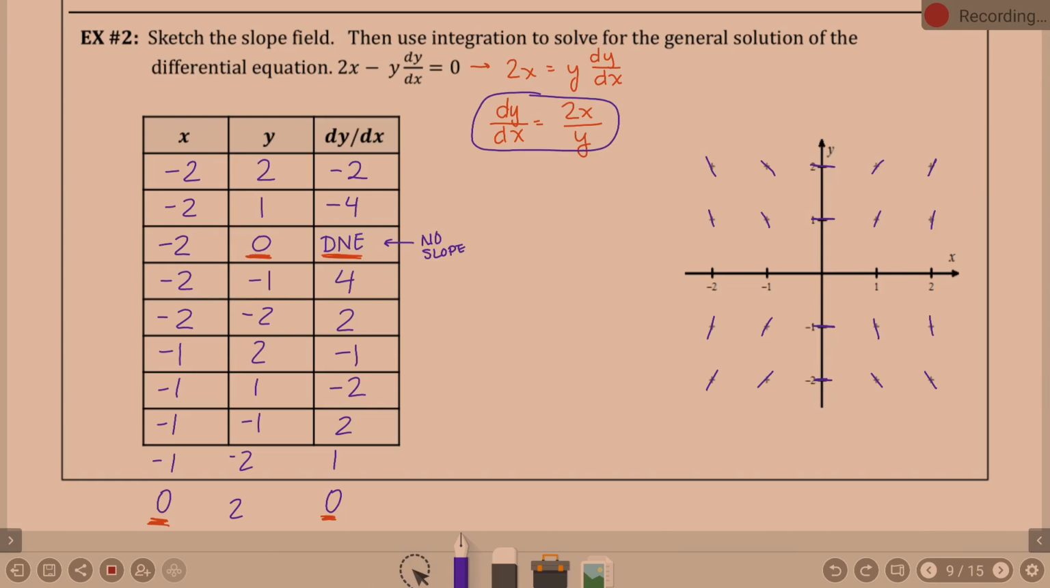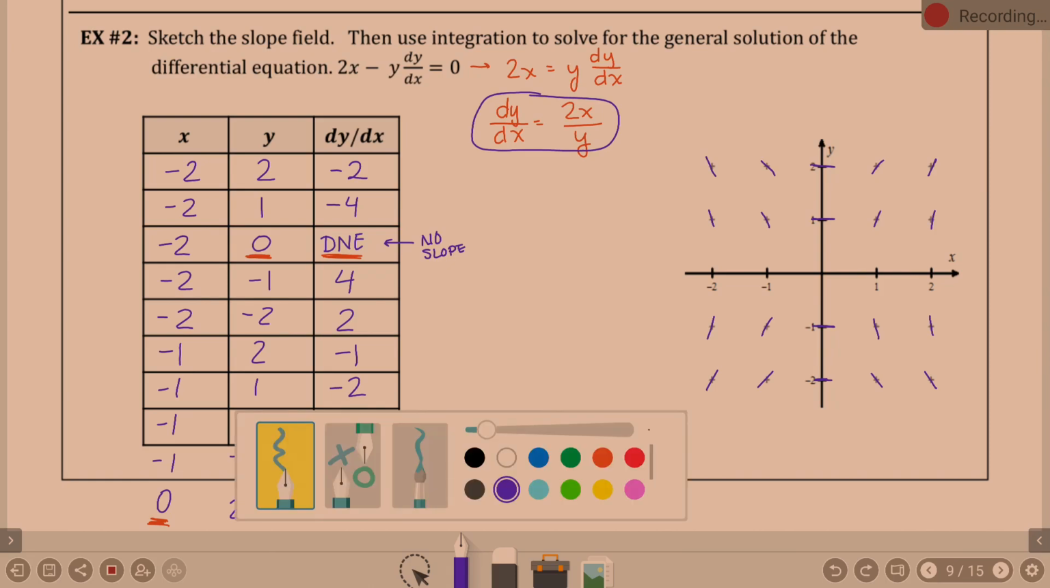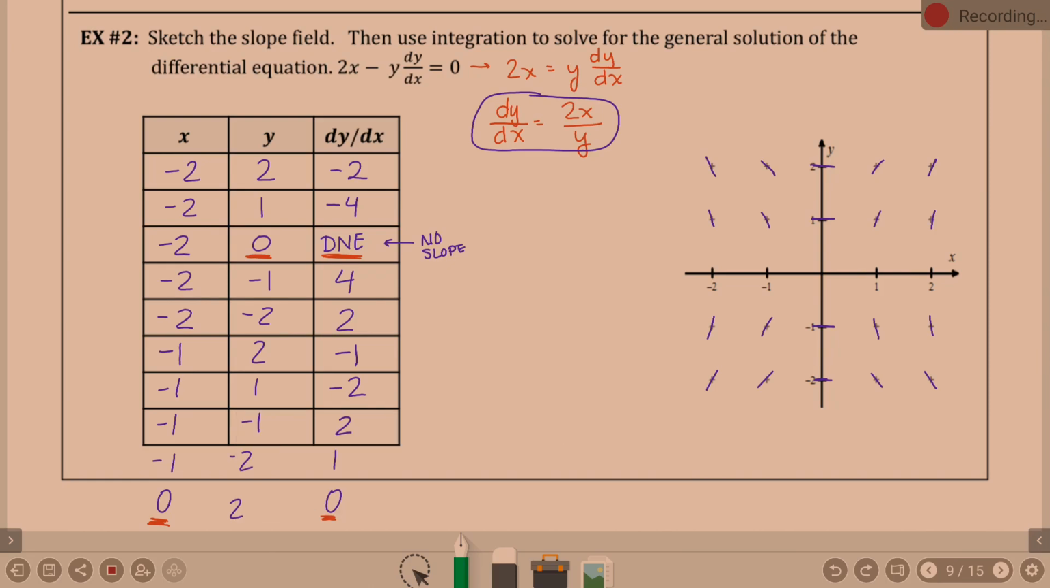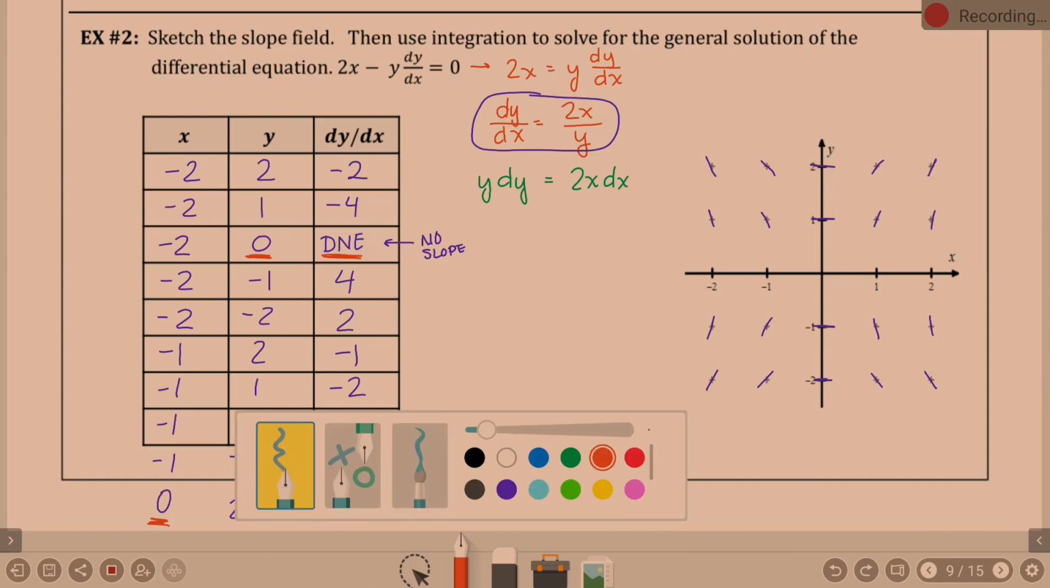What's going to happen here if we separate our x's and y's? Multiply the y over, I have y dy. Multiply the dx over, 2x dx. And then if you integrate,